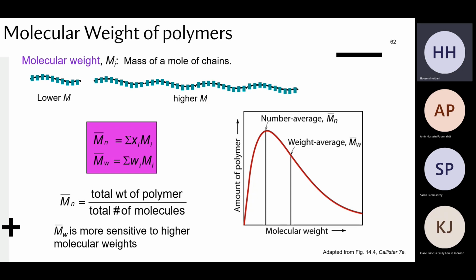So for those of you who just arrived, I was asking, why is the weight average heavier? Why does it lean towards the heavier side than the number average? And the reason is the number average finds the average based on the number of molecules. So each molecule, whether it's small or large, gets the same vote. But the weight average gives votes based on the weight. So the heavier ones play a more important role here, and that's why they push it towards the heavier side.